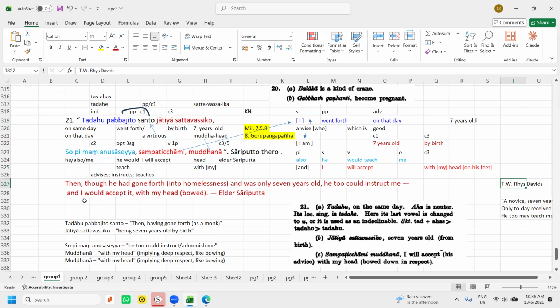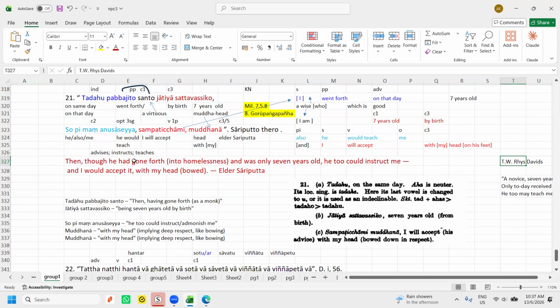Then you rephrase all this. Though he has gone forth, meaning into homelessness, and was only 7 years old, he too can instruct me. He too can instruct me, and I will accept it with my head down. That means this is how he translates. But if you look carefully,